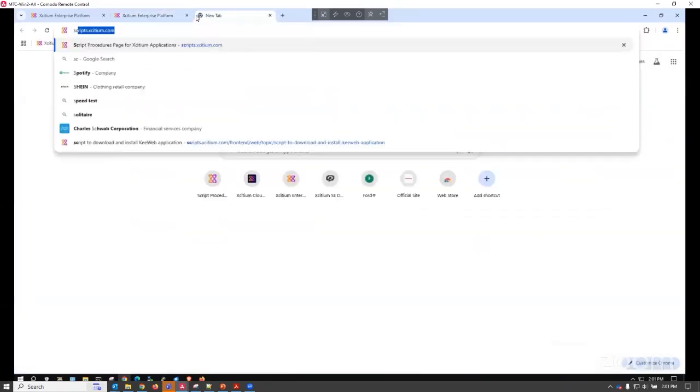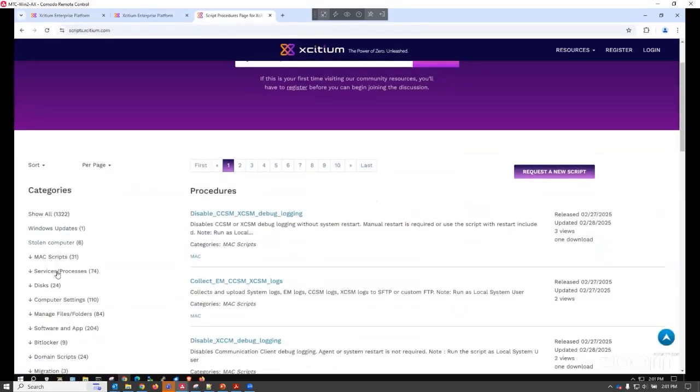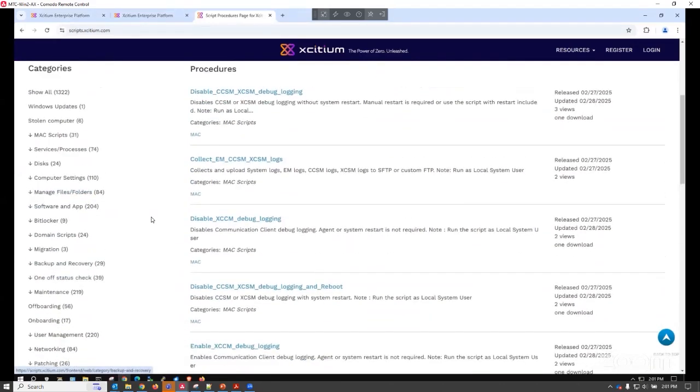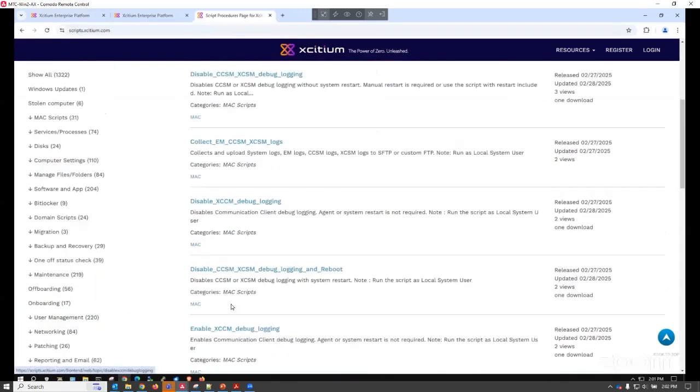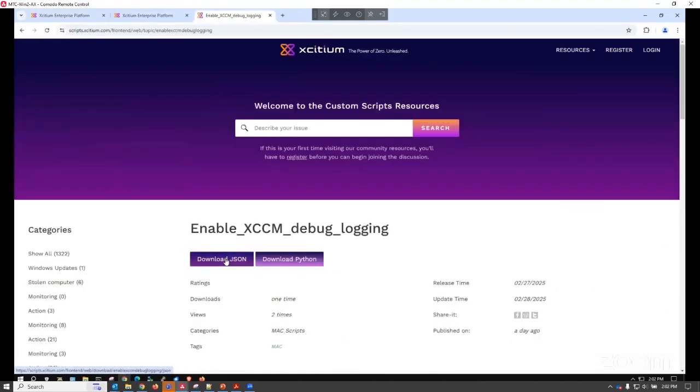We also publish them all online over here at scripts.xcitium.com. And here you can actually see that they're all categorized into different categories. What do you want to do? Right? So they're already all here, and actually, I'll open one up. Doesn't really matter what it is, but any one of these, if I just open one up,